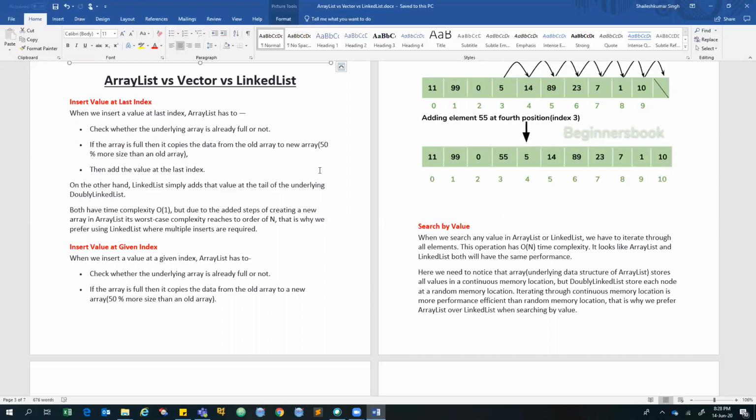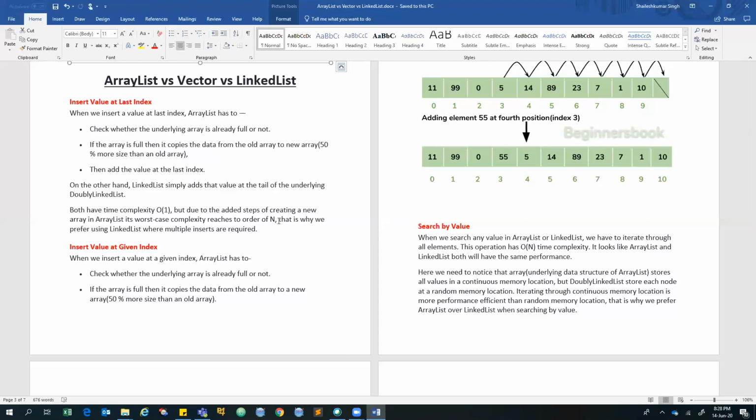It depends on its core logic, how it works. So we are going to understand how it works, and how costly it is to do any operation. We are going to study thoroughly how its different operations work and which data structure is best in which context, for insertion, deletion, those things. Okay, so first of all I'll start with array list, then vector and linked list.